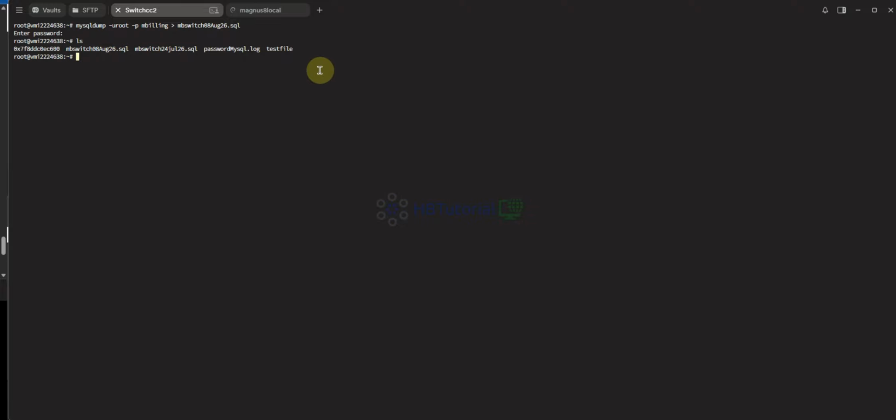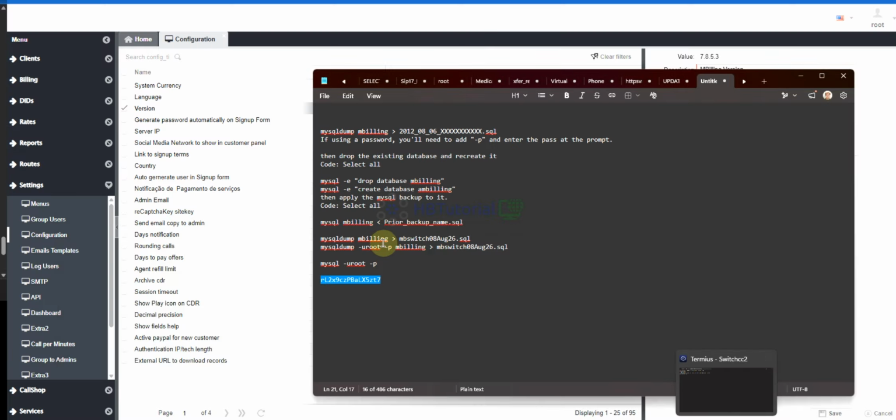So we will use that, download the backup, and then upload it on our server.